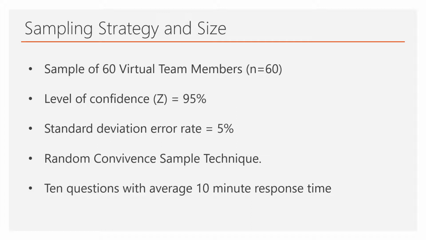Consisting of 10 questions with an average of 10-minute response time. So basically, we're talking about 30 days for this all to be done, but at the same time we're talking about 10 questions with an average of 10 minutes response time. Basically also items of 1 through 5 as far as how strongly they feel about a particular question, but also there's a comment field as a catch-all in case you have to think about it and have to put some additional information in later.